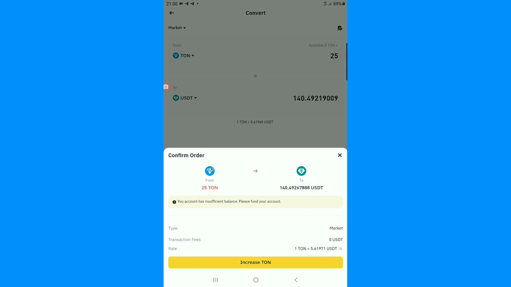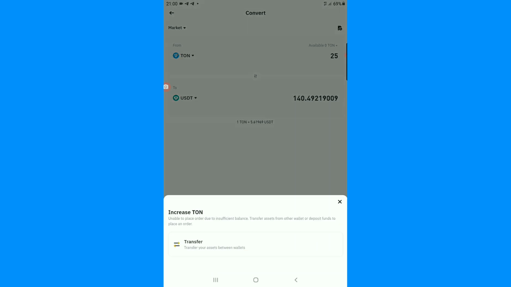So what you have to do is to tap on increase TOM to confirm your transaction, if you have TOM on your Binance. When you tap on increase TOM, it will confirm your transaction. If you don't have TOM, that is when you are going to increase your TOM. But if you have TOM, you just have to confirm your transaction and it will convert your TOM to USDT